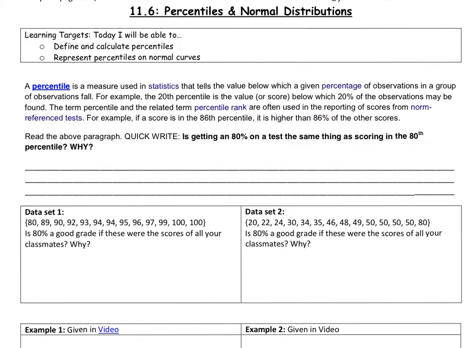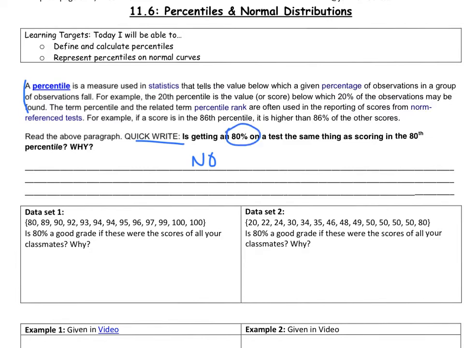Please read this paragraph right here and write something quick about this prompt. If getting an 80% on a test is the same thing as scoring in the 80th percentile. So go ahead and do that. Alright, now that you've done that, hopefully you've said something that no, they aren't the same, because an 80% tells